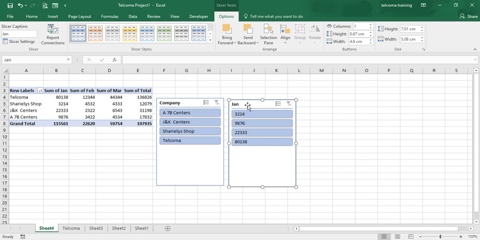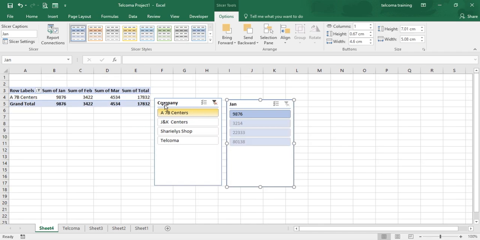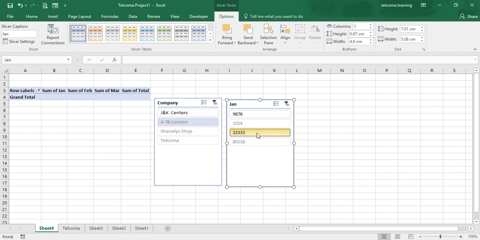Now what is the use of these slicers? If you want to sort out your company that has the company name A7B Centers, you just click this and only this record will be shown to you. If you are going for the January reading and you want to show the 22,000,